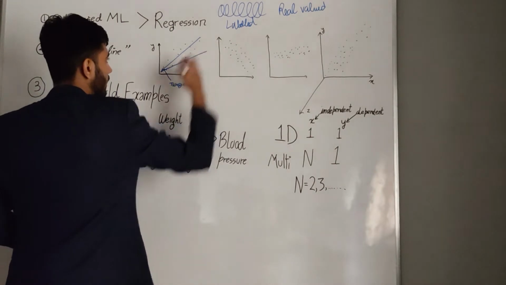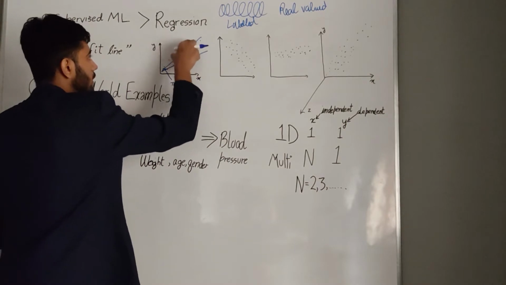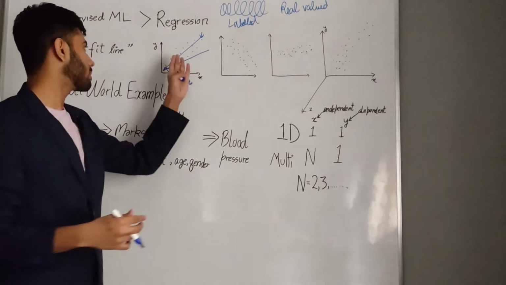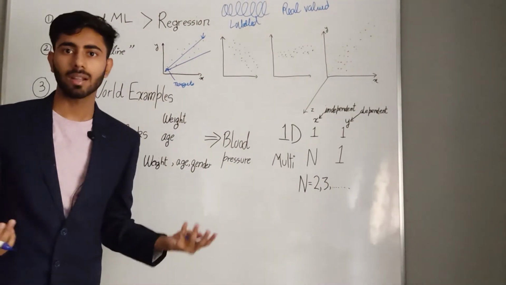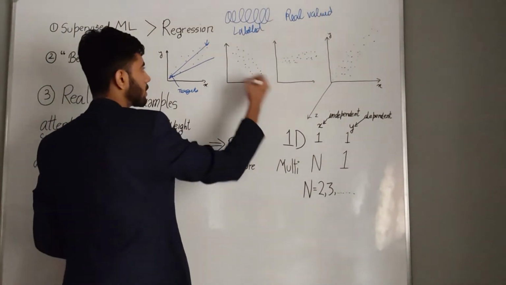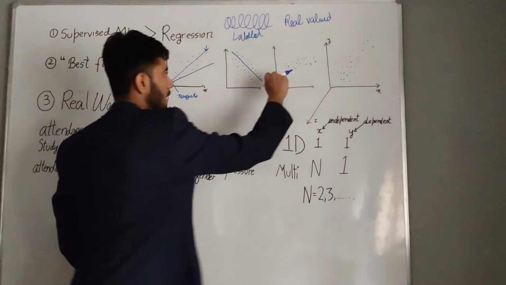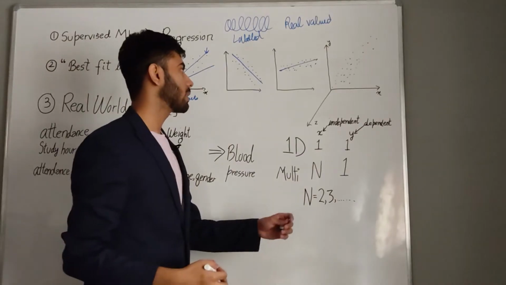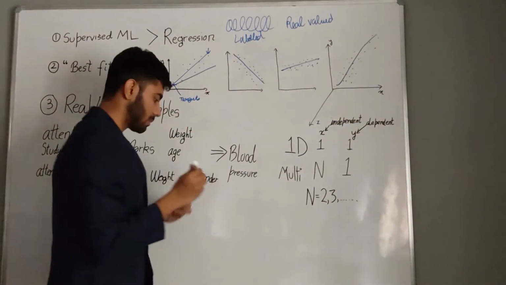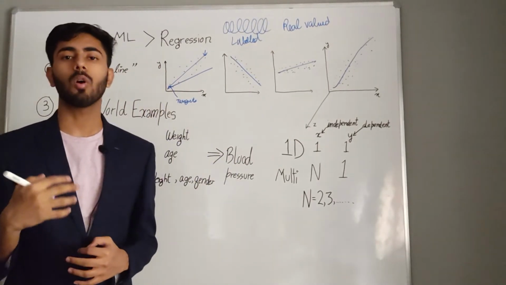But if I talk about this line, it does not pass through all the data points present here, but this one passes through all the data points perfectly. Yeah, I know that all the data points are not covered by this line, but it is pretty close to all the data points. In this chart, this line tries to pass through all the data points, and in this 3D chart, my line will pass through this. So linear regression is a best fit line, and since it is a best fit line, it will try to pass through all the data points.